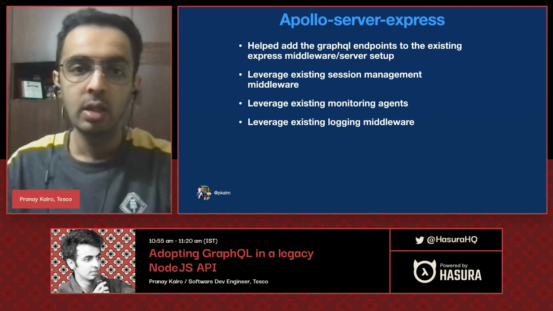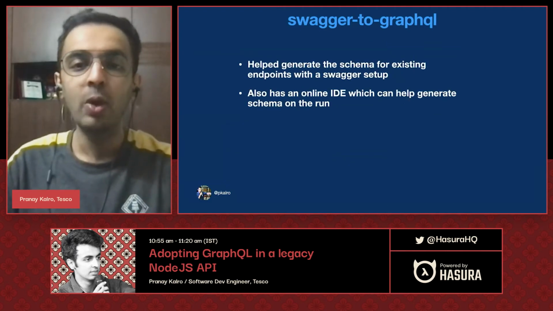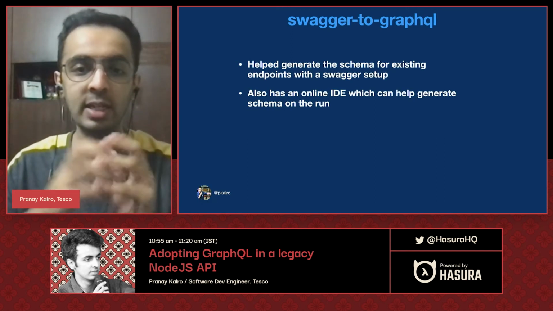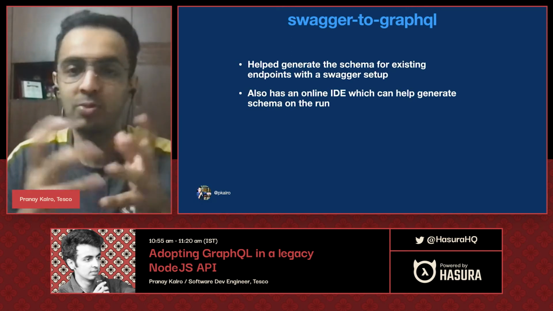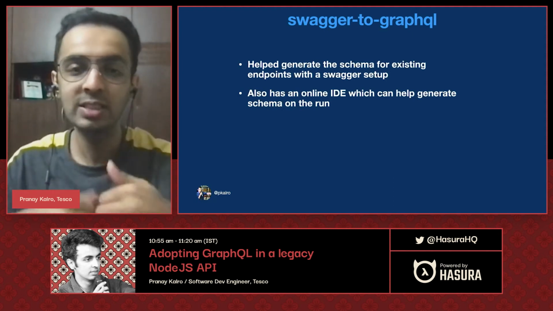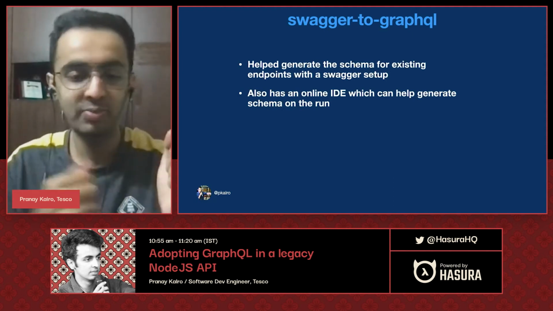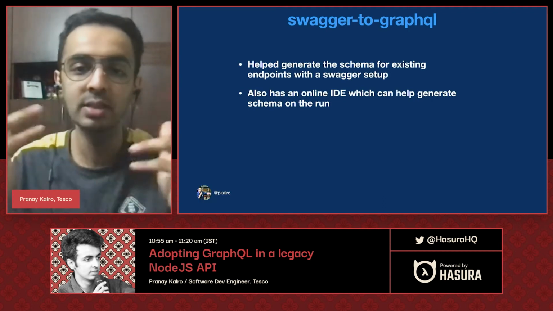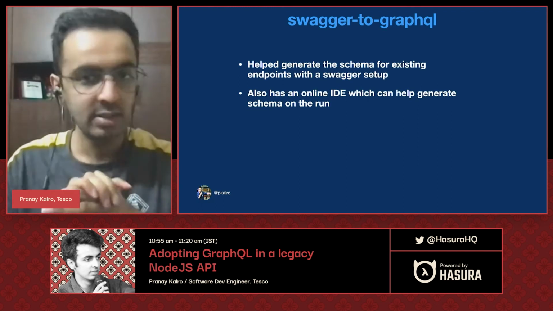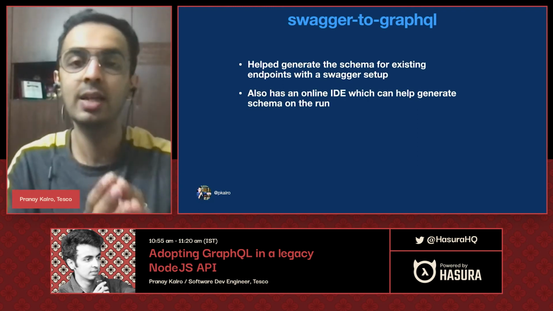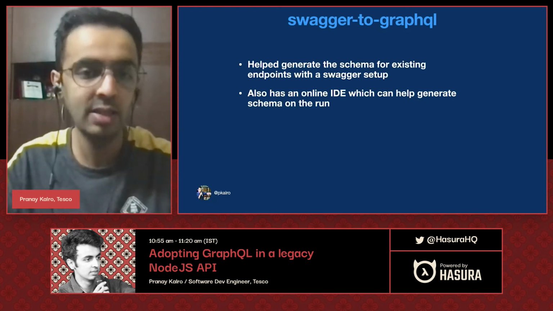smooth. So, Swagger to GraphQL now. People who know about this tool would have actually wondered in my first slide itself why we even need a 20-minute talk on this topic when we can just use Swagger to GraphQL and immediately migrate our existing Node.js endpoints to a GraphQL schema and just start using it. Yes, that's a valid point, but also when you have an existing Node.js endpoint which is legacy in its nature,